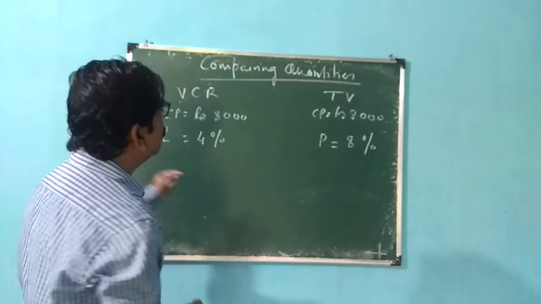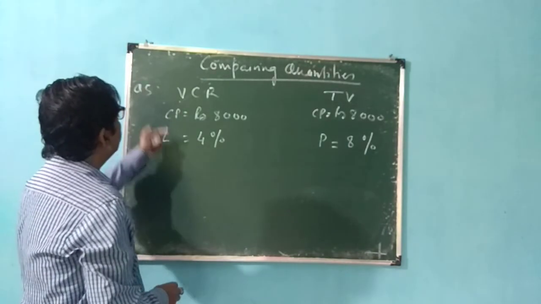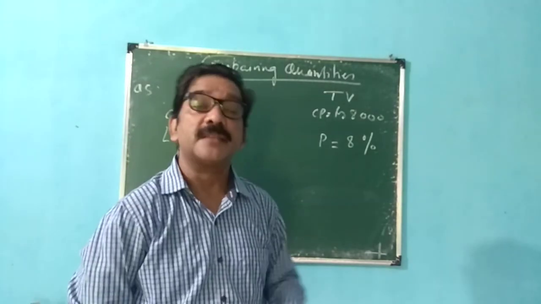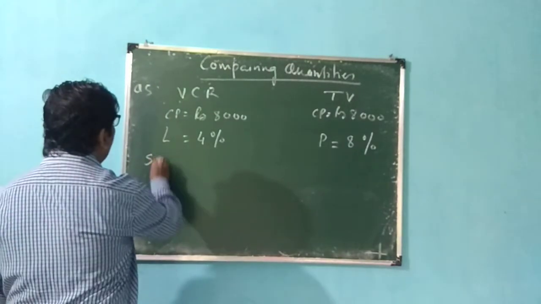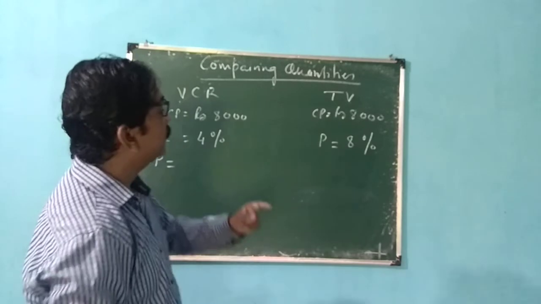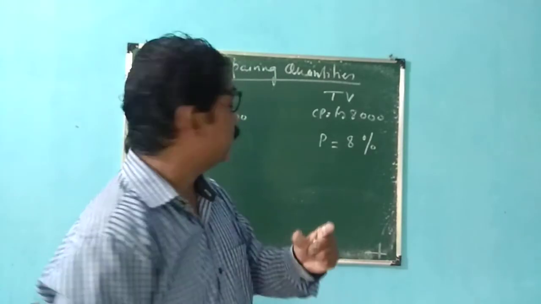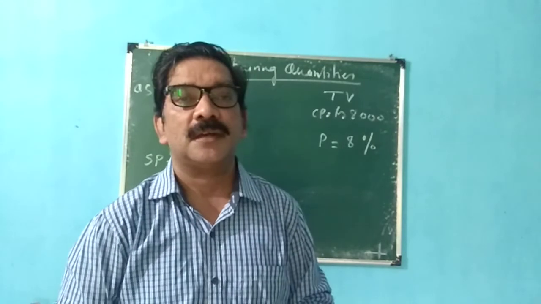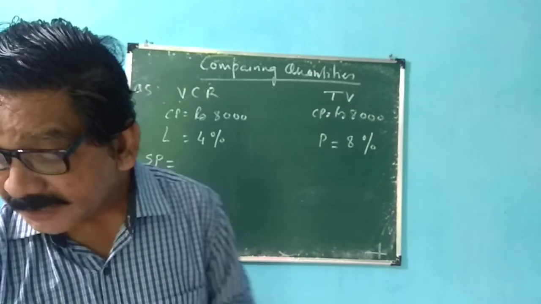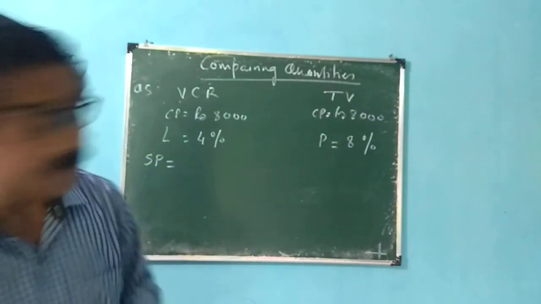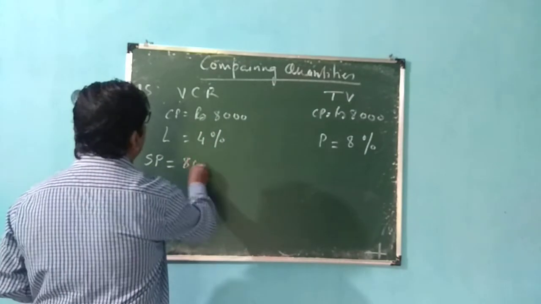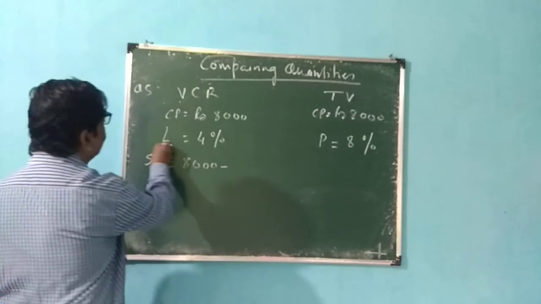Now, the question is to find the gain or loss percent on the whole transaction. So what we will do, we know the CP, but we don't know the SP. Here also we know the CP, we don't know the SP. First, we will find out the SP, the selling price. When the profit is given, the selling price is cost price plus profit. Now how to get the value of SP when loss is given? We will subtract this money from the cost price, because in this case loss is given.